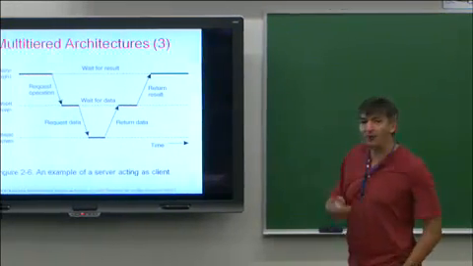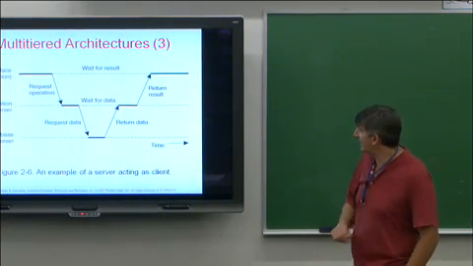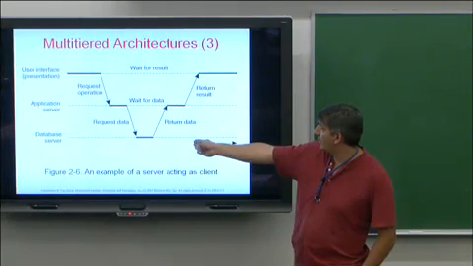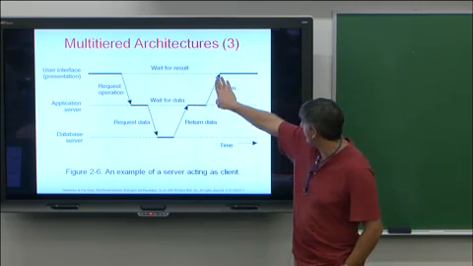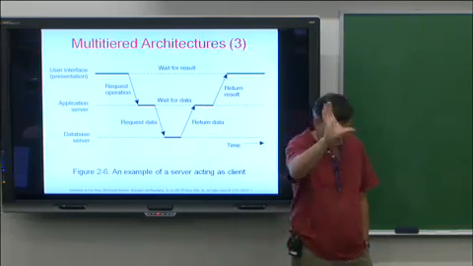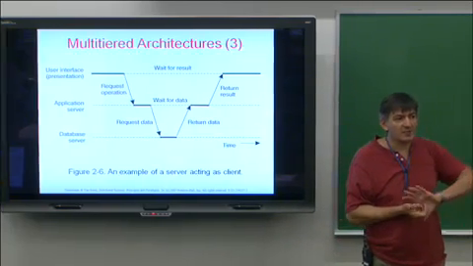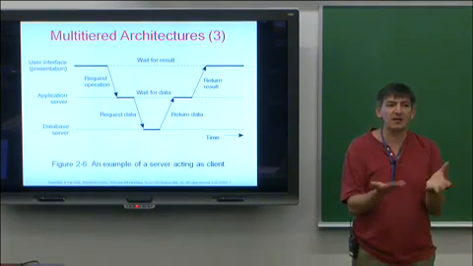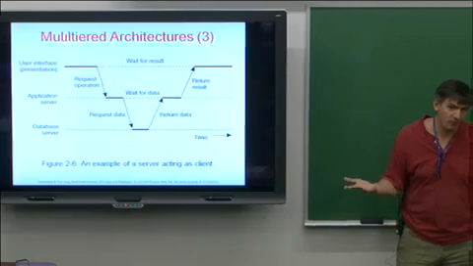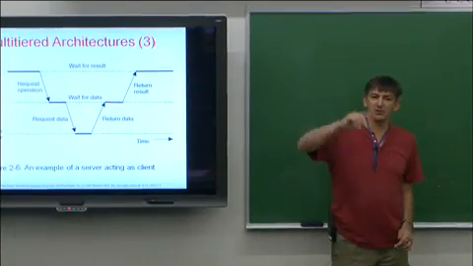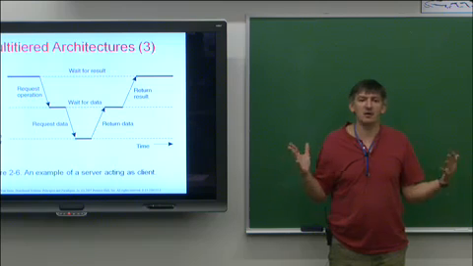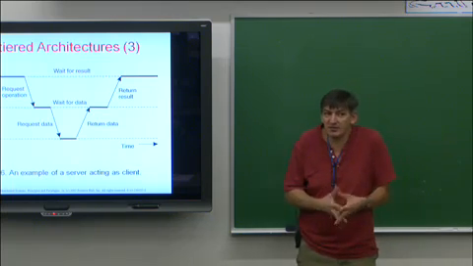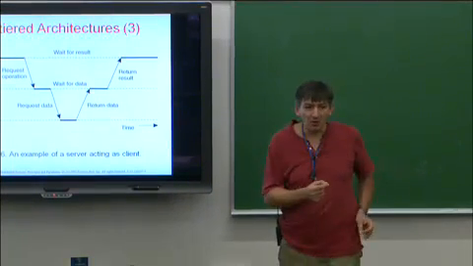So when it comes to how things could work, if you have this simple architecture, the user interface could have some sort of a request operation to the application server, who can have a request to the database server. At some point, the data is returned and the result is returned. Now, the interesting thing about this kind of an architecture is it doesn't really matter where you draw the line, what runs on the client computer, what runs on the server computer. It's still healthy to think about this architecture, in particular when you have to write that JavaScript code. Virtually the JavaScript code now does almost everything in the interface I showed you.